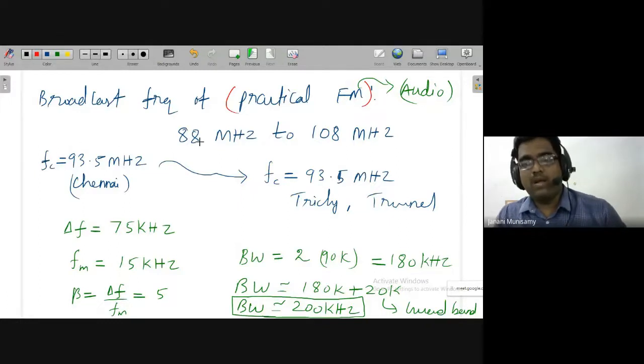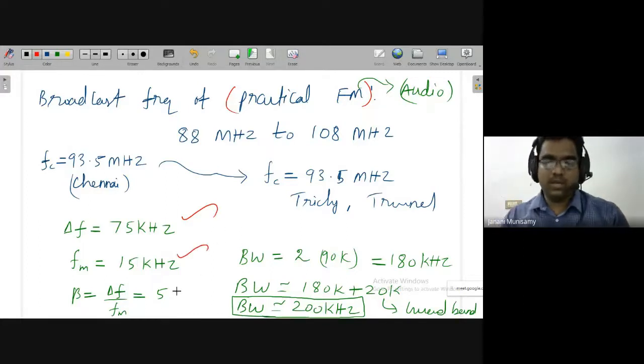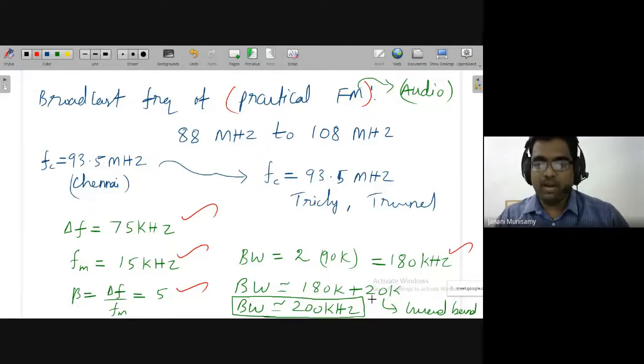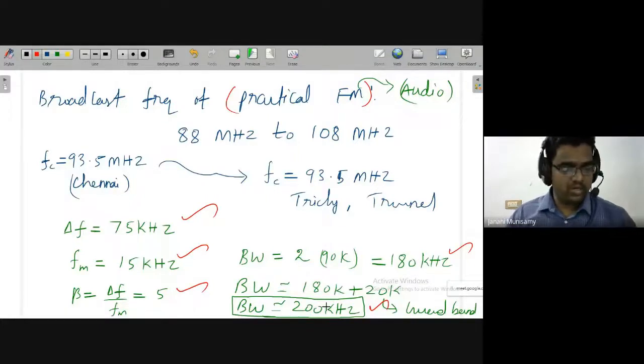Practical FM goes only from 88 megahertz to 108 megahertz, its del f is 75 kilohertz, the maximum frequency is 15 kilohertz, and beta is 5. If you calculate the bandwidth, you get 180, plus 20 for the guard band. So in general, in the exam, they will give 200 kilohertz as the bandwidth of the